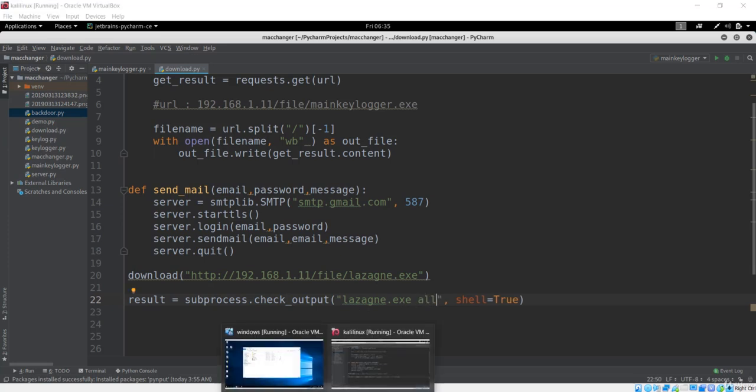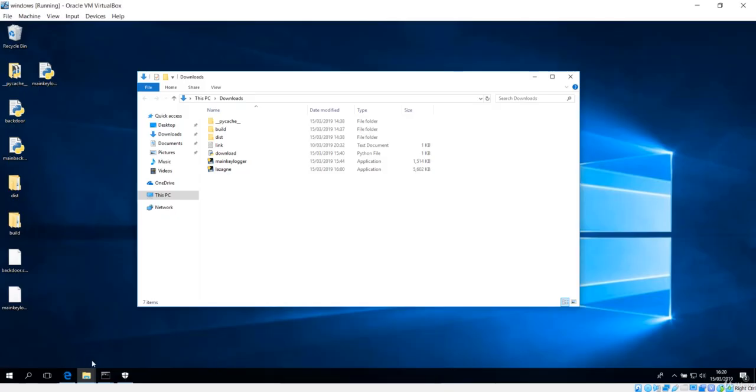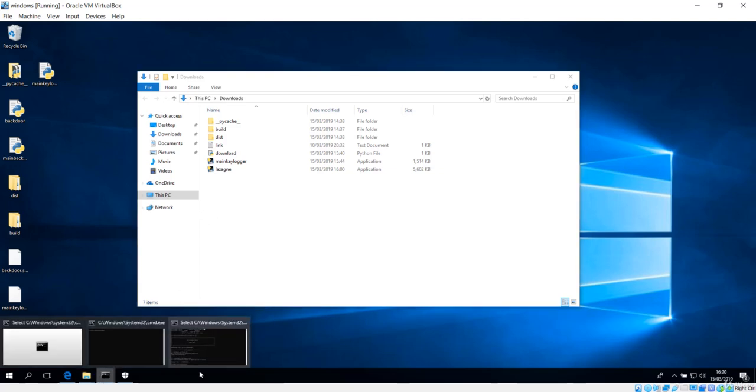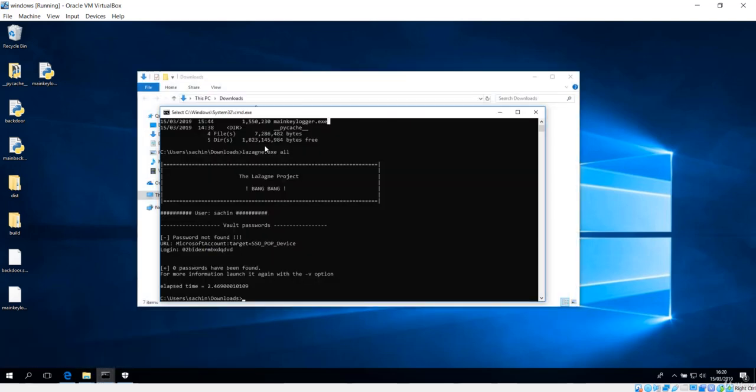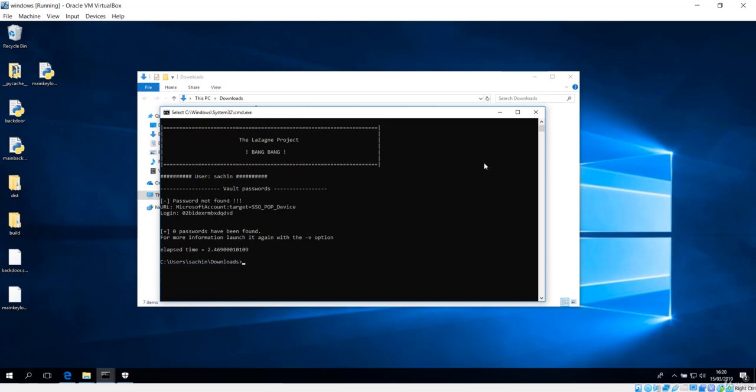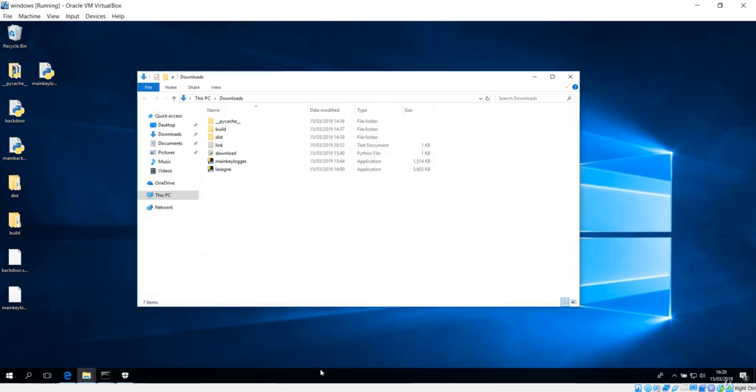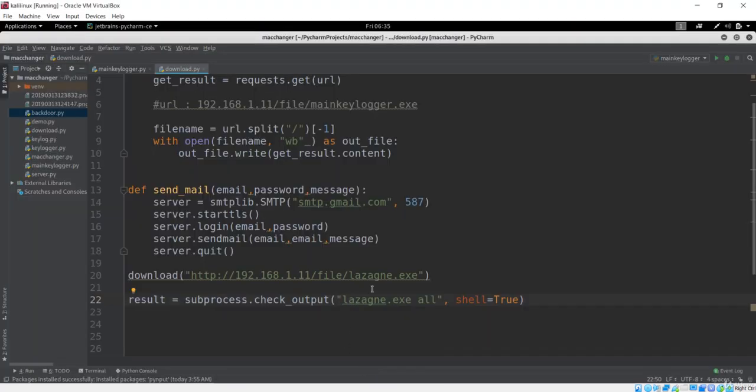So if I go back to our Windows machine and open that CMD, you could clearly see it was lasan.exe with the all command given with a file name so as to print all of these usernames. So let's go back to our Kali, and here we are just executing this command in the shell, and I've said this a couple of times before too.